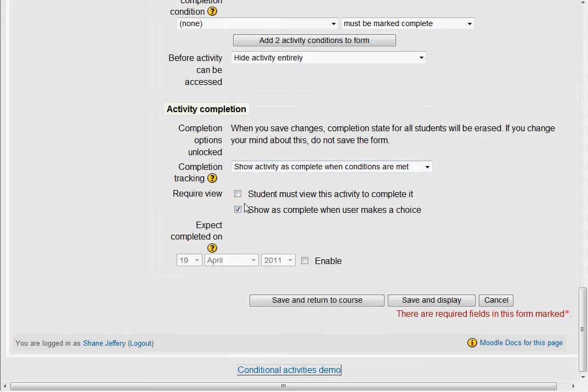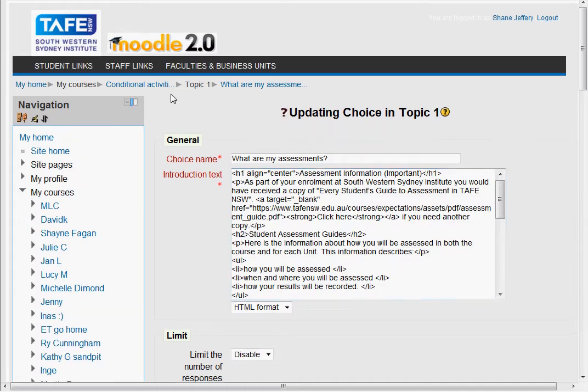Now I could have said, what were the other options? Do not indicate activity completion, so it doesn't need it. Students can manually mark the activity. Well, I don't want that for this particular reason. So the conditions are show complete when user makes a choice. Whether it was yes or no didn't matter as long as they had made a choice. So now that there's a completion activity there,